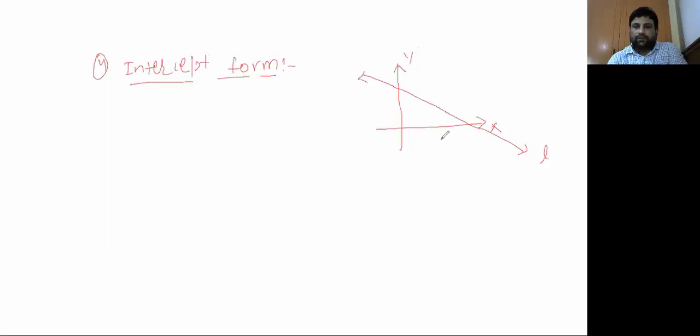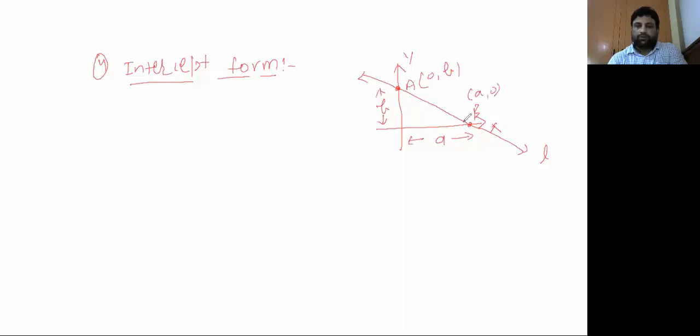This line cuts A unit intercept along the x-axis and B unit intercept along the y-axis. Suppose this point is A and this point is B. So the coordinate of this point A will become (0, B), and the coordinate of this point B will become